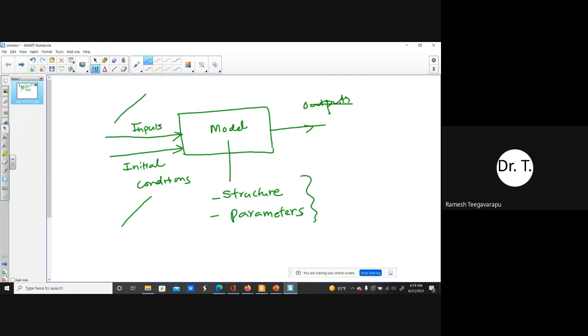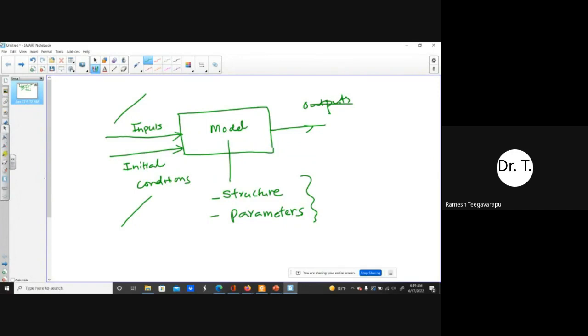Once you decide that, you still have some uncertainty. Uncertain in the sense that maybe you selected Manning's roughness coefficient, but it varies within a small range. So parameters can also pose some kind of uncertainty. So all these uncertainties in a model like this is a deductive model.